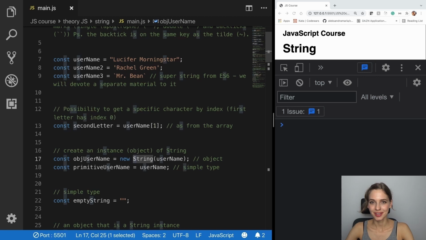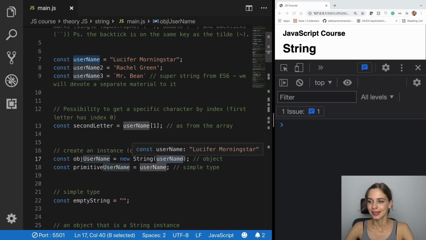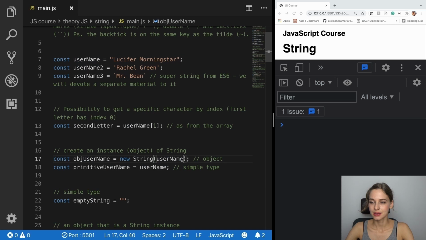It's signified by the capital letter S, and here is the value that I'm going to be using in order to create my string. And this is a less common way of creating strings, and it's also not exactly the same thing. The value will be the same, but as you will see, the consequences of creating your strings this way